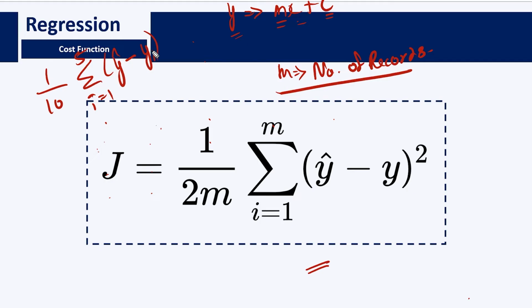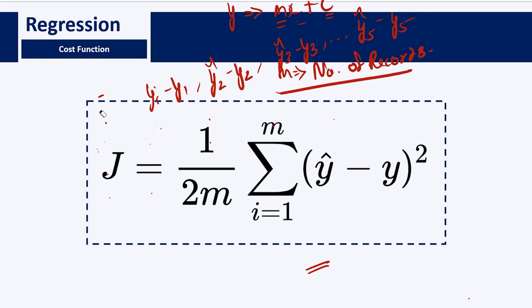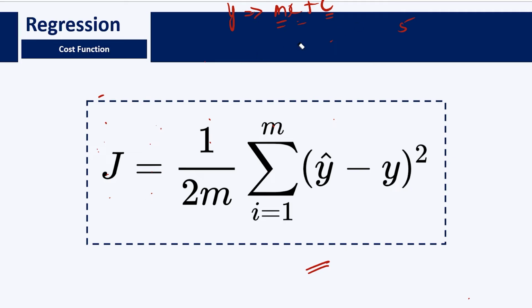Okay, and here I am writing i, here also I am writing i, because this will go till 5. Like first it will go like y1-hat minus y1, then y2-hat minus y2, then y3-hat minus y3, till y5-hat minus y5, like this. So we are taking the summation of all the values, correct? We are taking summation of all the errors. So let's suppose we have got the cost function,